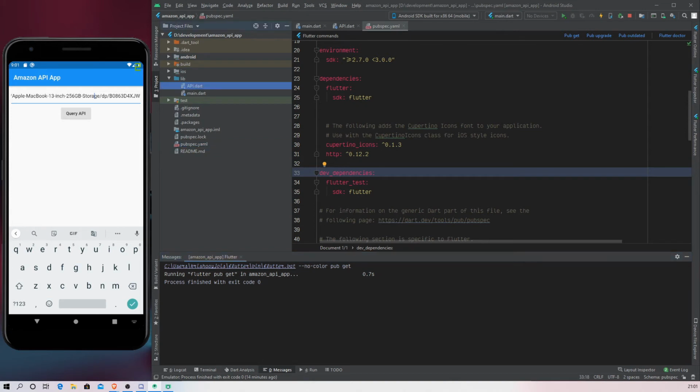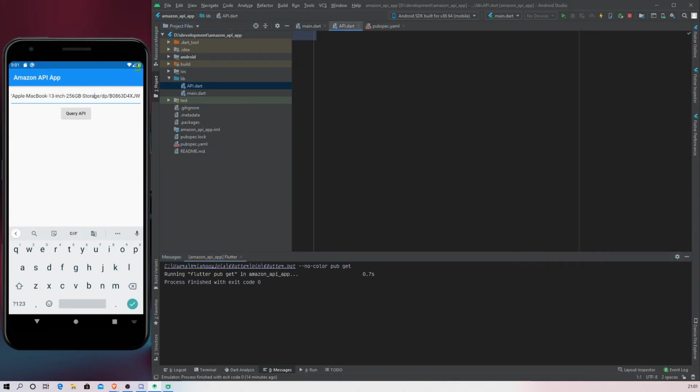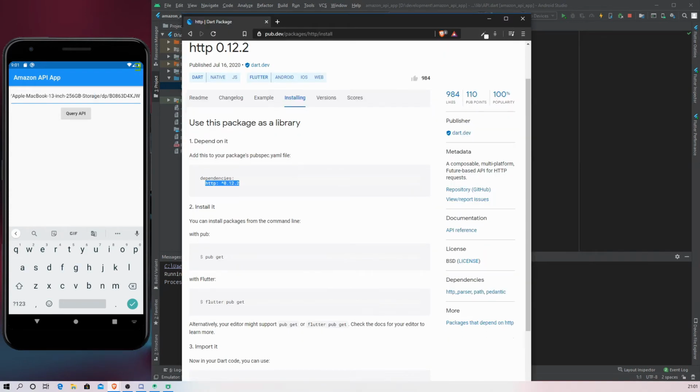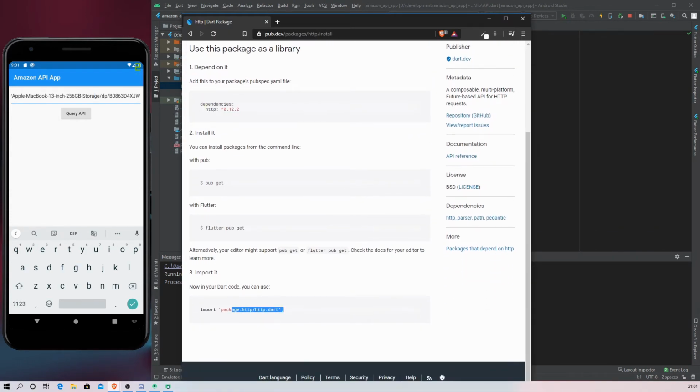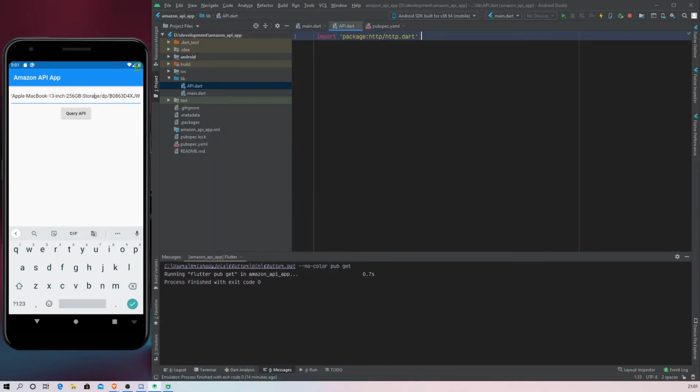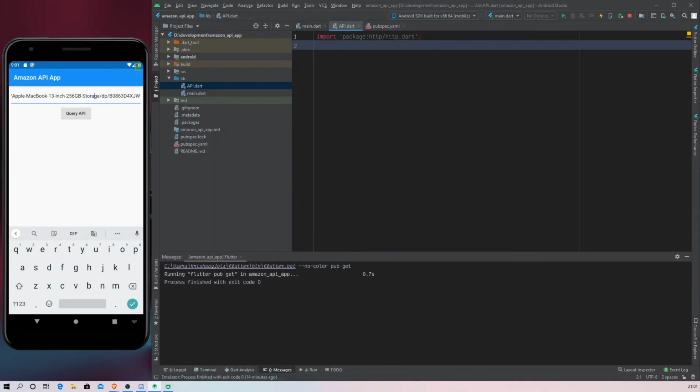It won't affect anything. So now we can import this package into our Dart code. We're going to import it in the api.dart file.